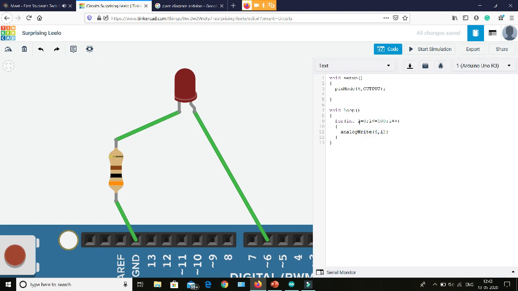After 100 times, starting from 0 to 100, this loop will go. And I am giving a delay of 10. Let's see what happens. As you can see, this LED starts from 0, then goes to a duty cycle of 100. You can see the LED is fading.